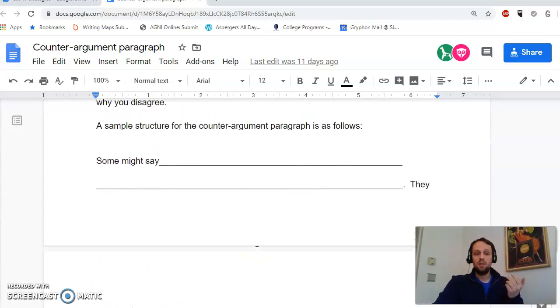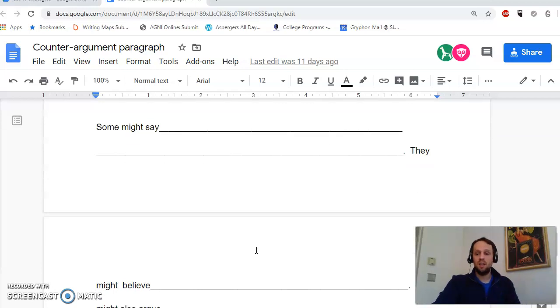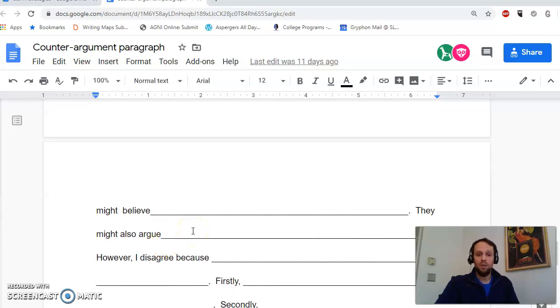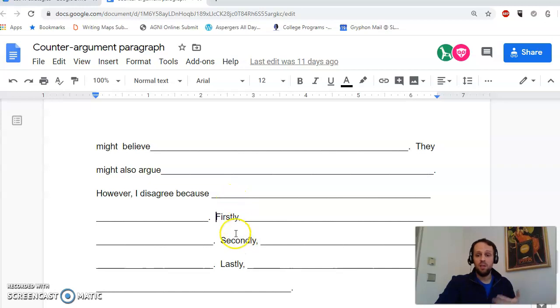But say that you were arguing against the author. Say that your thesis was, in this world we have to multitask. We don't have the luxury of doing everything one at a time. So in that case, your quotation would go up here where you're explaining the opposite side's point of view. Because the author is now included in that opposite side that you're arguing against. And so I would put the quote in that case under they might believe or they might also argue. And then down here is going to be your own reasoning.